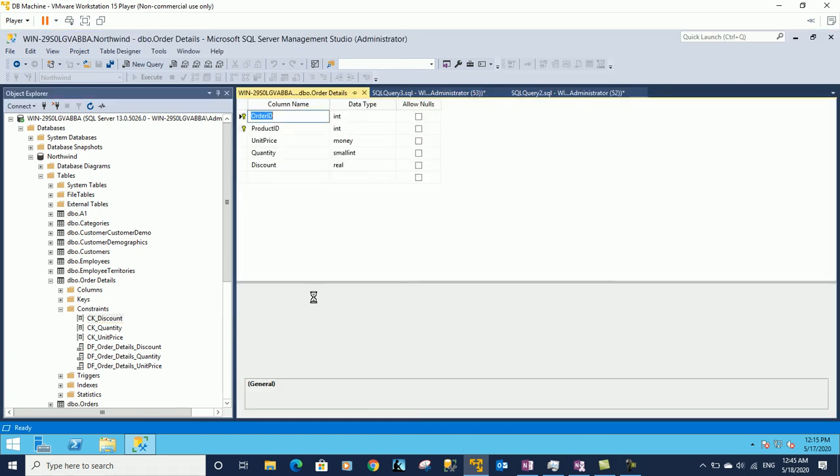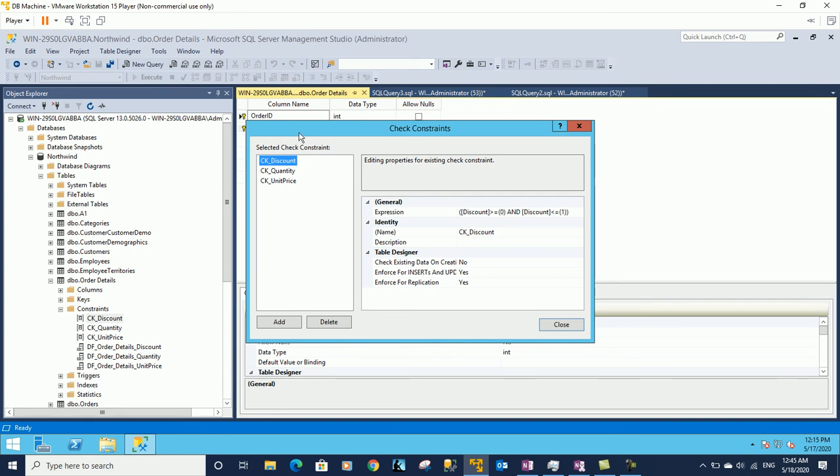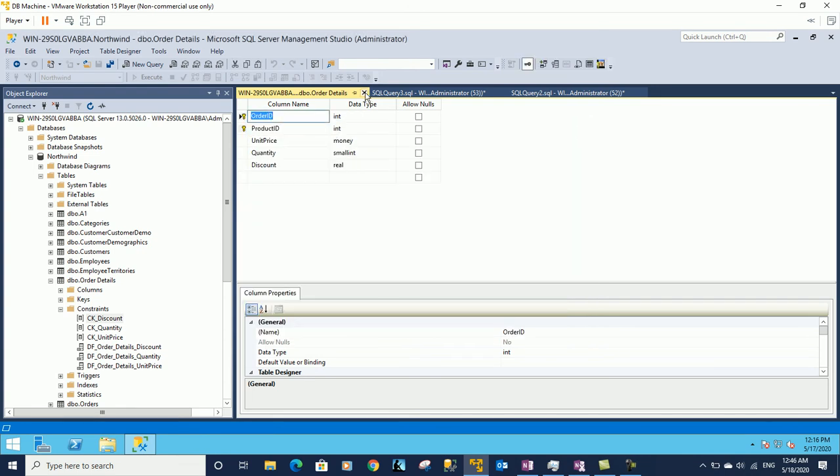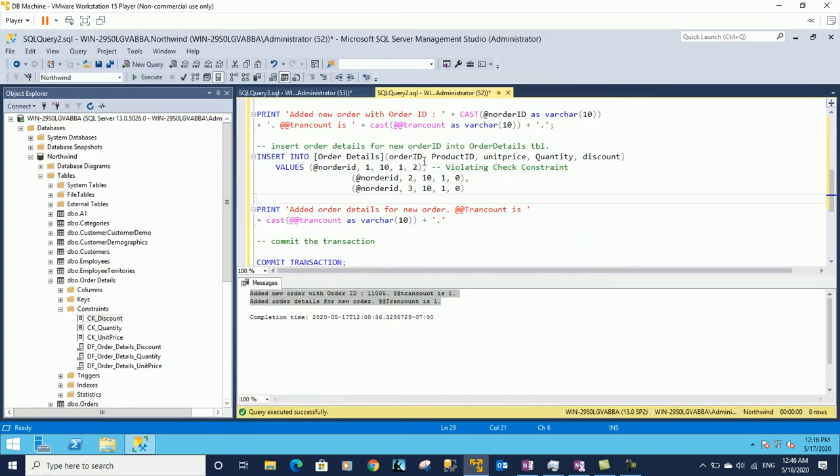So yeah, it has come. It has opened a box. Here we are seeing the check discount constraint, and here is the expression defined for it, where the discount column value can either be greater than or equal to 0 or less than or equal to 1. It cannot go beyond that. So this is the check constraint defined, and if we set 2 as the value for this check constraint,